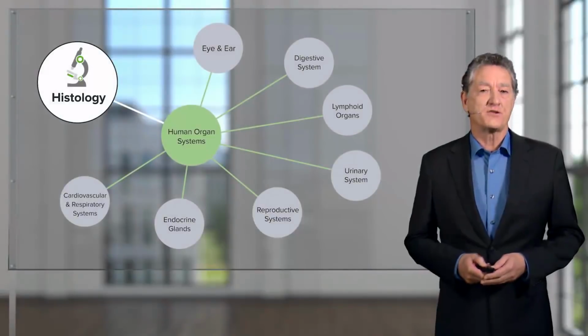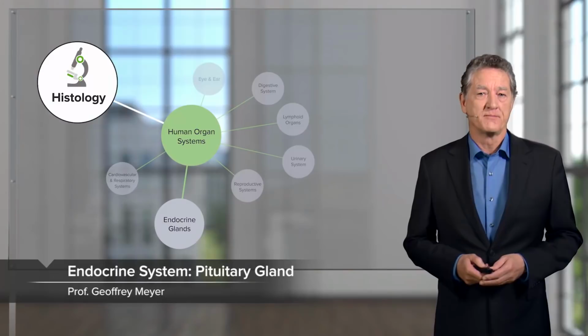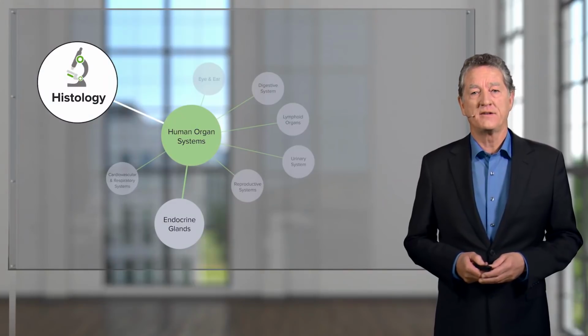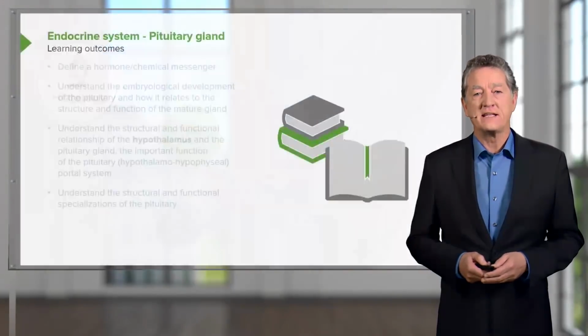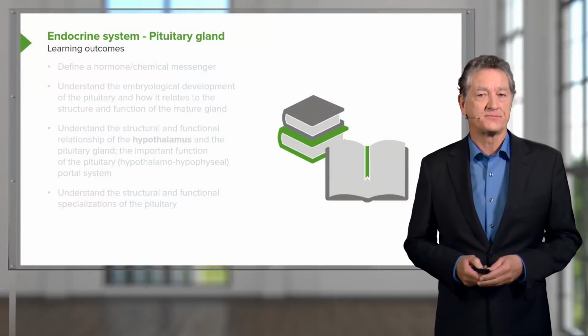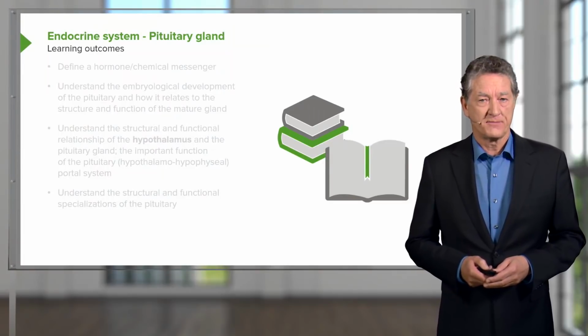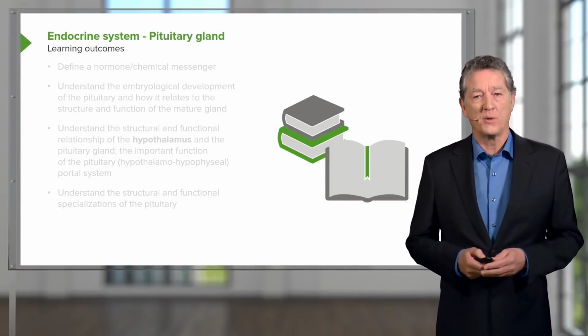I'm going to explain the structure of the pituitary gland, the histological structure. The pituitary gland is a major gland in the endocrine system. It's often referred to as being the master gland. And what I'd like you to understand at the end of this lecture is firstly what a hormone is, or